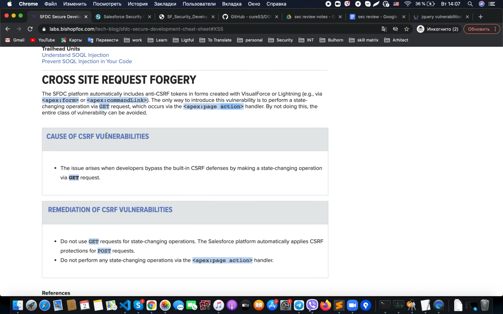So what is the cause? The issue arises when a developer bypasses the built-in cross-site request forgery defense by making the state changing operation via a GET request. What does it mean? For example, you have a Visualforce page, it has this action, and once it's loading, it performs this action, and if it has any kind of DML operation, it's very dangerous,